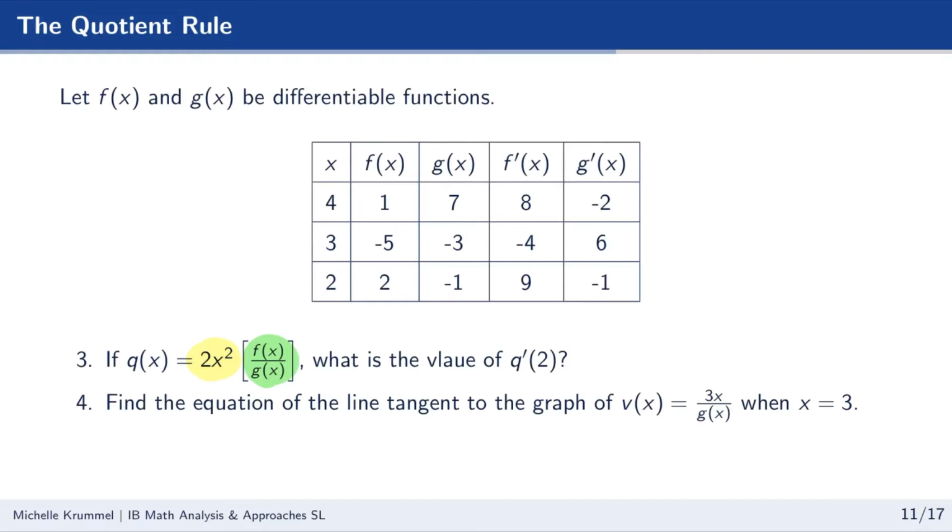So in this problem, we've got quotient rule inside of product rule, and then we're also using constant multiple rule and power rule. So lots of derivative rules on this one. Let's go ahead and start with our product rule. So q prime of x